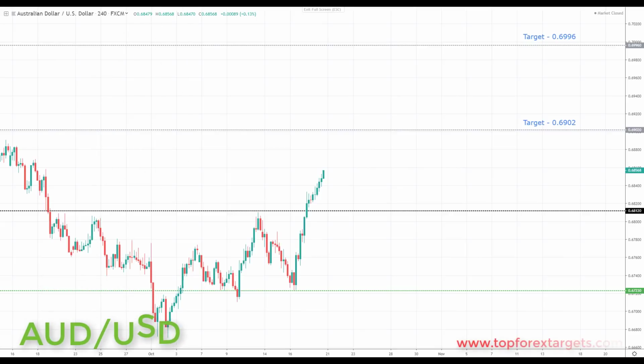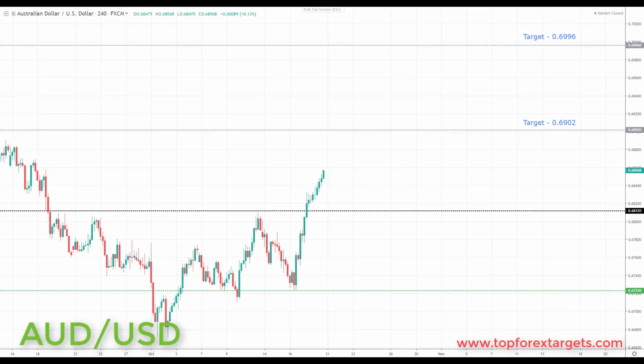So the next market that we're going to look at is Aussie dollar. Now last week we highlighted a key area of support in the Aussie dollar, 0.6750, to look for a bounce to the upside. We did have a pullback to this area, and it was a really nice move last week. We bounced from this area, taking out the target set from last week at 0.68370. Very simply put, going into this week, we're looking for further advances to the upside in this pair.